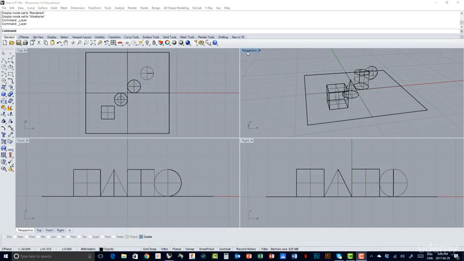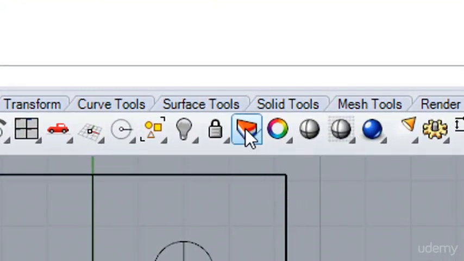For this first lesson of Rhino, I will tell you about how to navigate it and how to familiarize yourself with the Rhino 3D environment, and which windows to open from the get-go so that you can work in a very comfortable manner. The first thing I'm going to ask you is to open this little